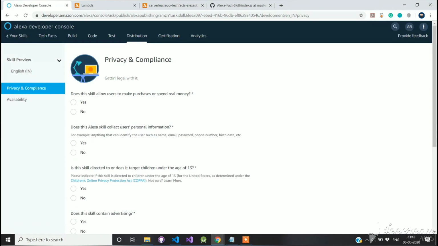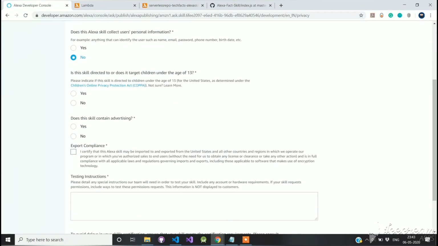In the privacy and compliance section, select all that are true for our skill. Note that we do not have any testing instructions.